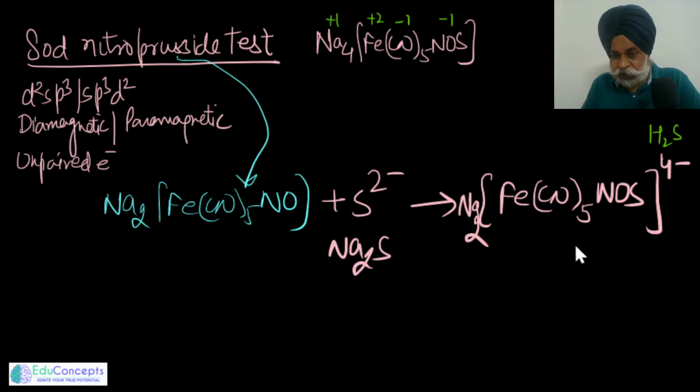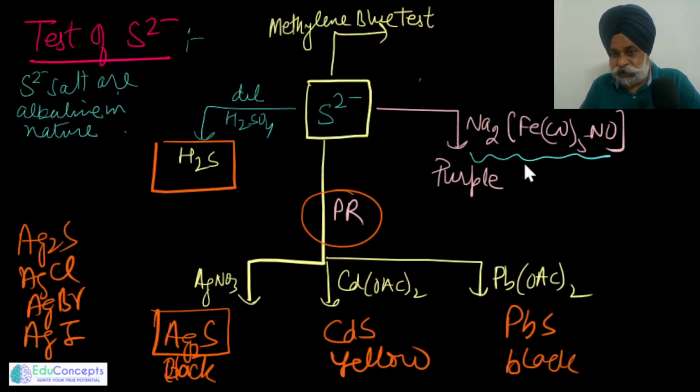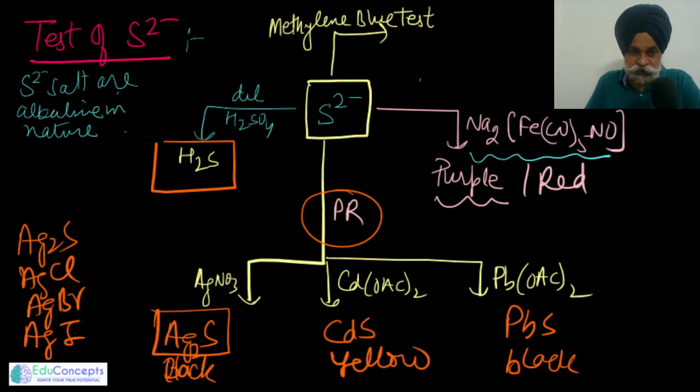So this in particular has a deep purple color, or some books say it has to be a red coloration. Either way, an intense purple or red color is obtained if you treat sulfide ion with sodium nitroprusside. Because this particular compound is very important from the coordination point of view as well,